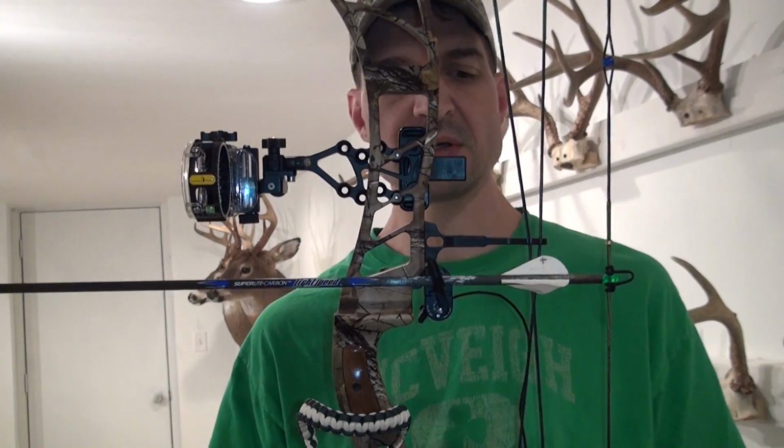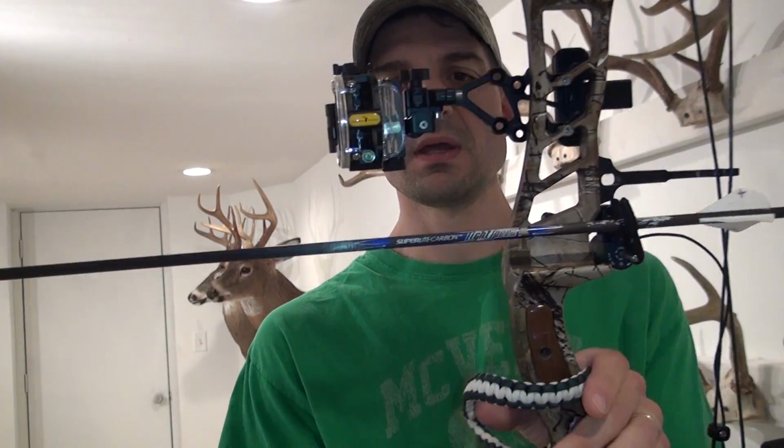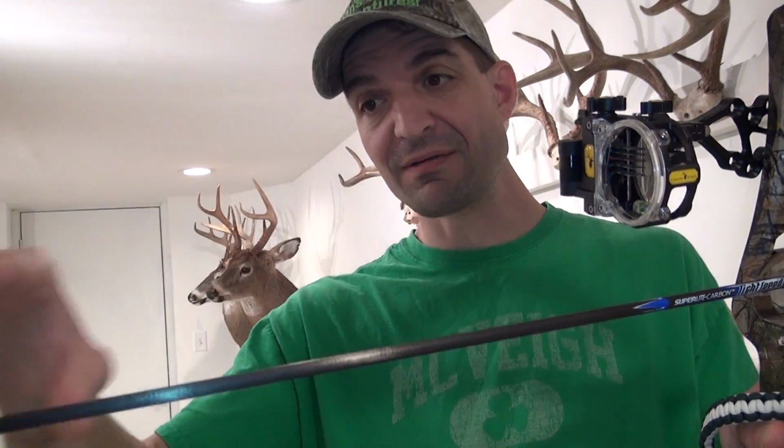In fact, let me grab my bow so I can show you this. So here's a bow, the arrow's here, the peep sight's here, the sight pins are here. There's a couple inch difference here when you look at all this. In that situation, the branch was only a few feet away from me. The farther the branch is away from you, the less of an impact it's going to have in this kind of a situation. However, because it was so close, my arrow didn't have enough time to recover, to be above